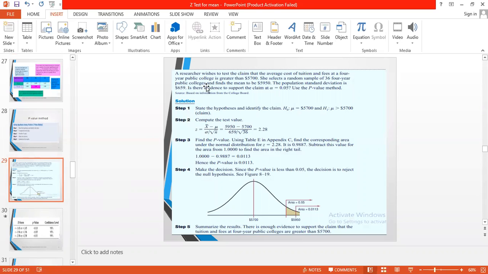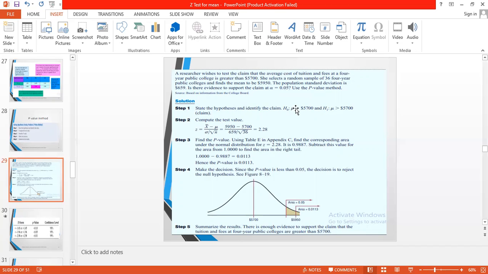Now we can see the example. A researcher wishes to test the claim that the average cost of tuition and fees at a 4-year public college is greater than $5,700. She selects a random sample of 36 4-year public colleges and finds the mean to be $5,950. The population standard deviation is $659. Is there evidence to support the claim at alpha 0.05? Use the p-value method. First, we state our hypothesis